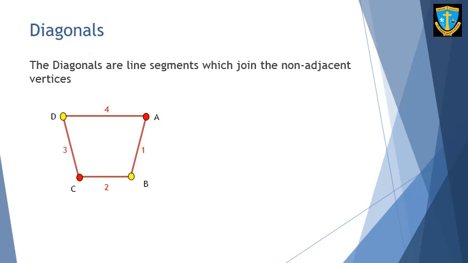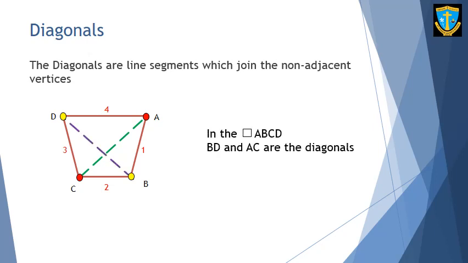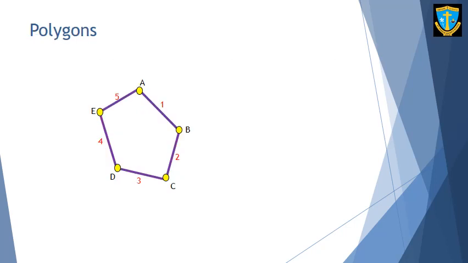Okay, so let us start drawing a diagonal. Point A and point C are opposite to each other. Point A and point B are close to each other, or adjacent to each other. Let us find any other pair of opposite or non-adjacent vertices. Yes, point B and point D. So the first diagonal is AC. Second one is BD. So we write, in the quadrilateral ABCD, BD and AC are the diagonals.